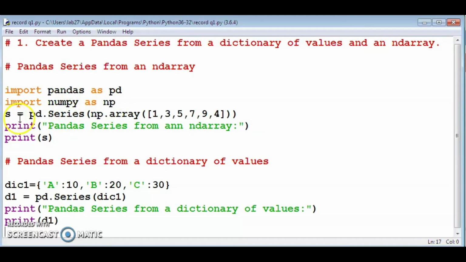Then s is equal to, s is the series object, pd.Series, within this parenthesis I specified np.array. Then I used here the array values 1, 3, 5, 7, 9, 4. Then print pandas series from an ND array.